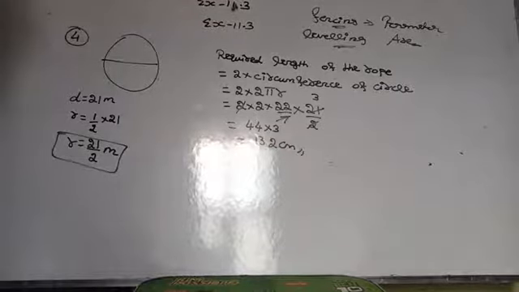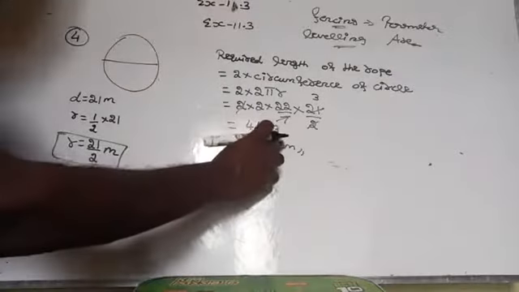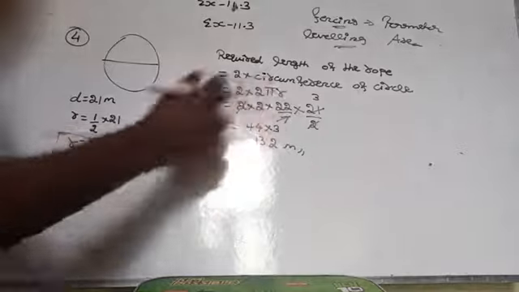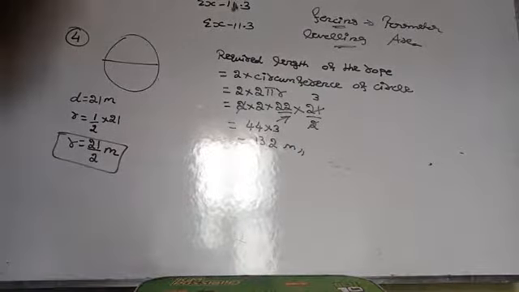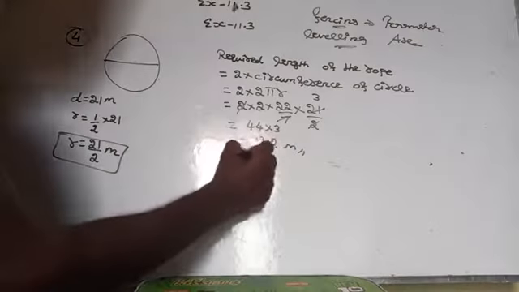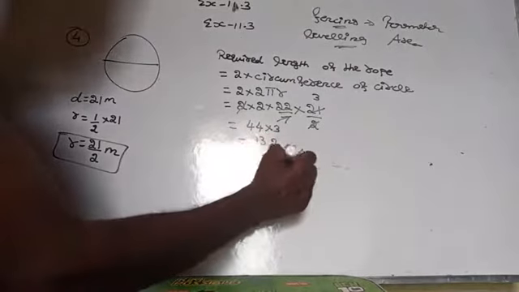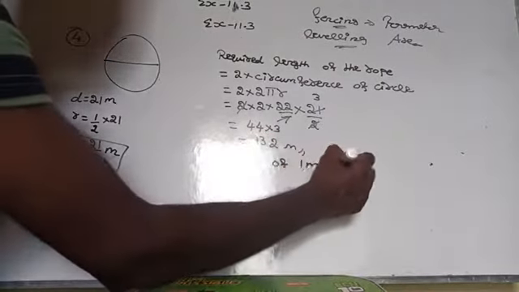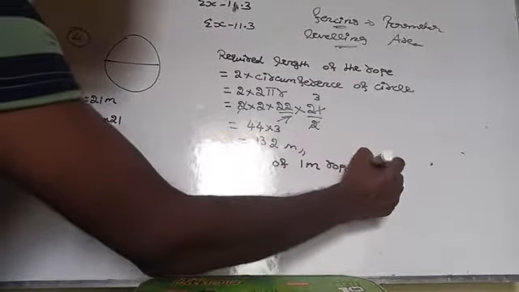Now the cost of rope is given. The cost of 1 meter rope, how much is it given for you? It is given in meter. Am I right? Yes. Now what is the cost of 1 meter rope? Cost of 1 meter rope equals rupees 4, it is given for you.